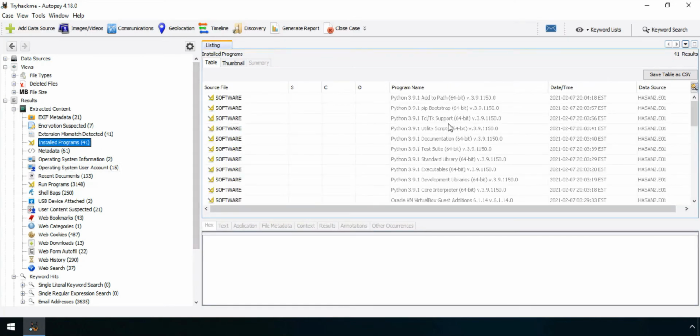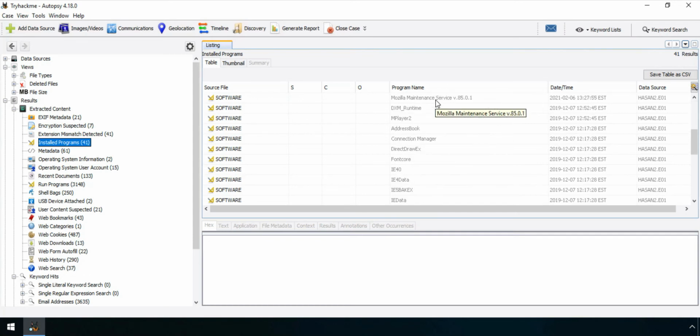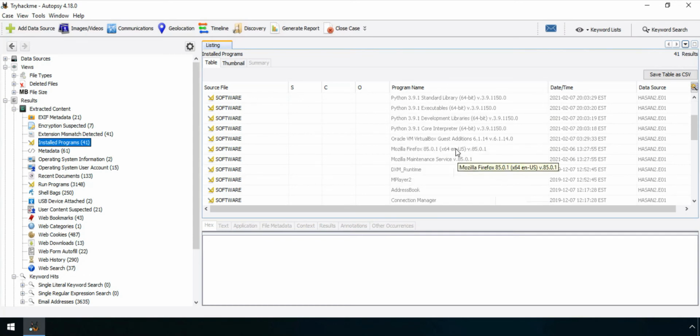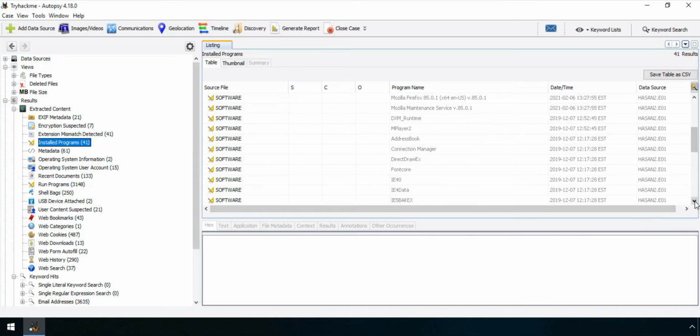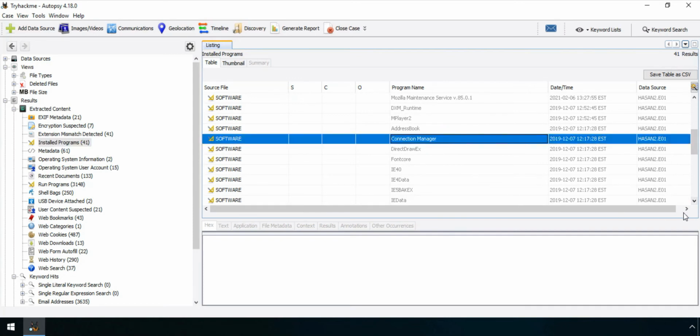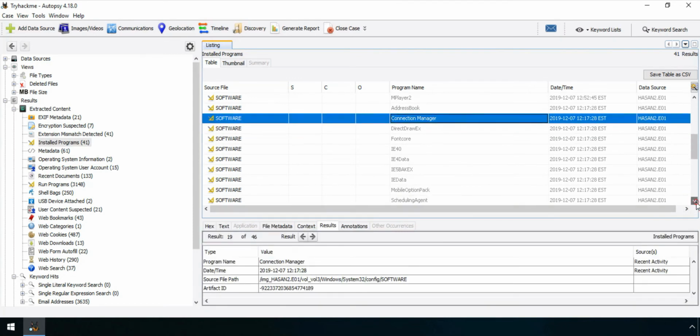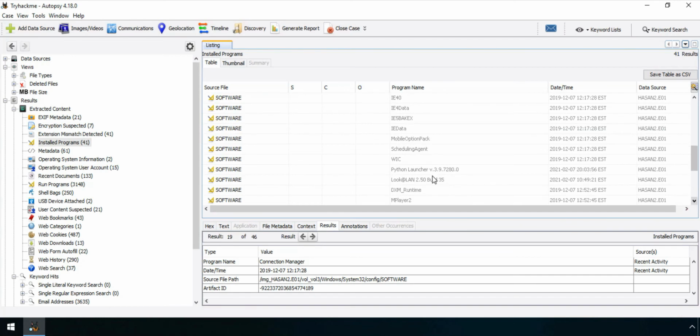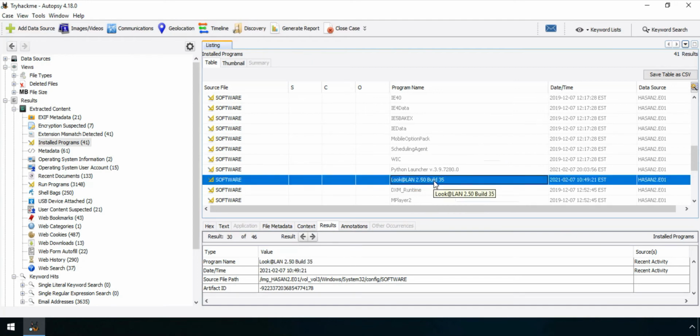Yes, installed programs. Let's see that. Here's Python, VirtualBox, address book, connection manager. Here is the connection manager. There is the DXM runtime, mplayer 2, and here you are, Look@LAN 2.50 build 35.